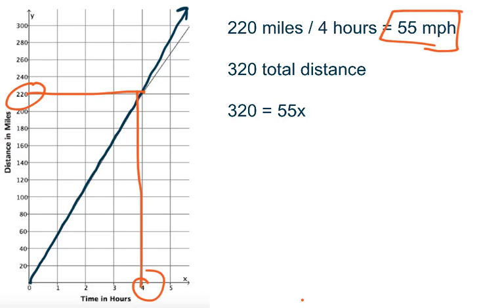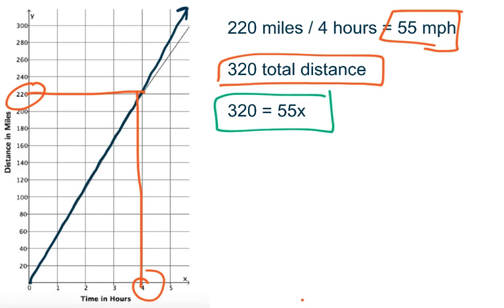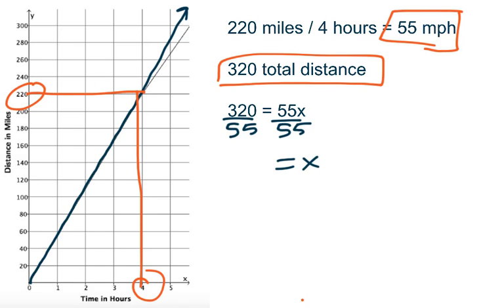And so we're going to think about, okay, if the train had not slowed down, we would take the 320 miles, which is the total distance, and we would set up an equation kind of like what we see here. 320 equals 55x. So we can divide by 55 on both sides of the equation. When we do that, we get x equals